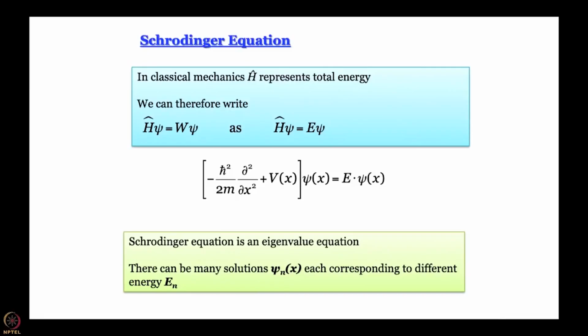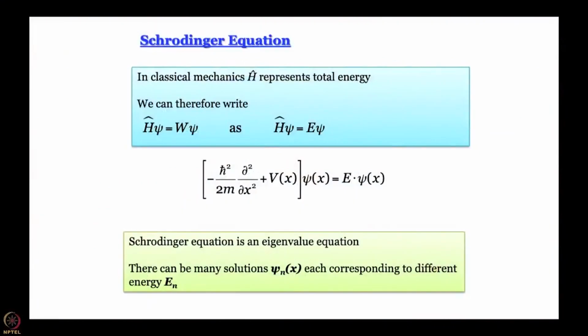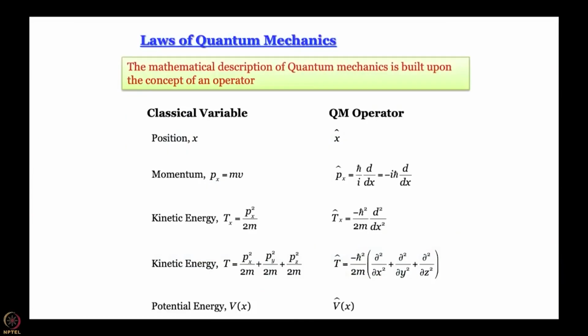So, from this understanding of the Schrodinger equation, we see that eigenvalue equations, eigenvalues and eigenfunctions can have rather important implications in quantum chemistry and quantum mechanics. Schrodinger equation is an eigenvalue equation. From here, quantum mechanics really opens up, because knowing this, one can now propose the laws of quantum mechanics, or as they are commonly called, the postulates of quantum mechanics.